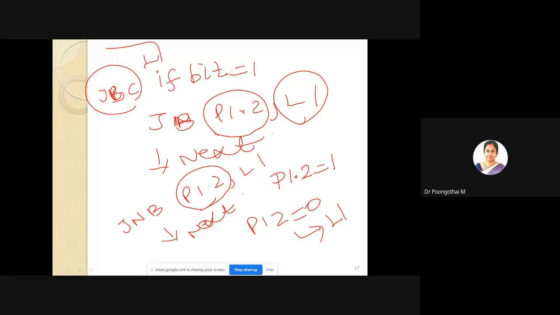After that, this bit will be cleared. After execution of this particular instruction, the bit will be clear. For example, JBC P1.2 comma L1 will check whether P1.2 is equal to 1 or not. If it is equal to 1, your program control will transfer to L1, and after the execution, the bit is cleared. P1.2 is cleared.